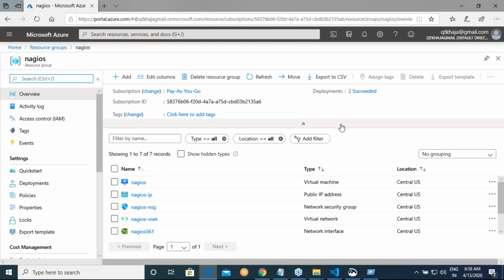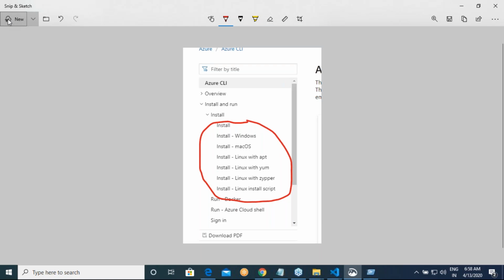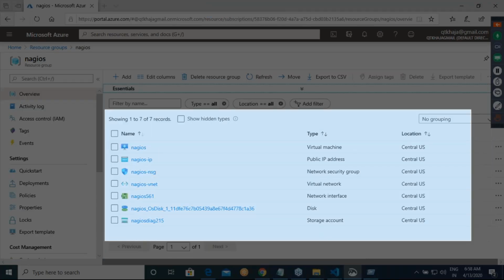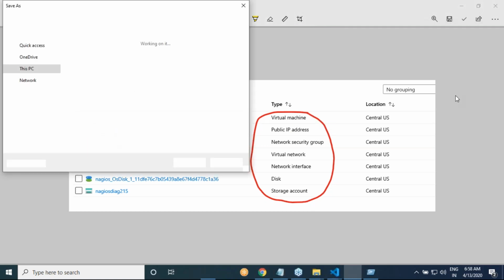Are you seeing these types? To be very specific, my question is to make a note of all of these types. Did you also get the same thing?